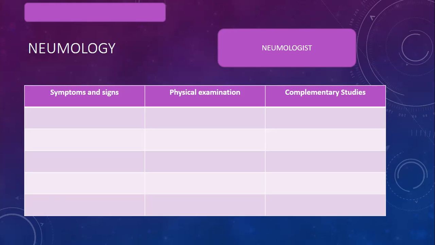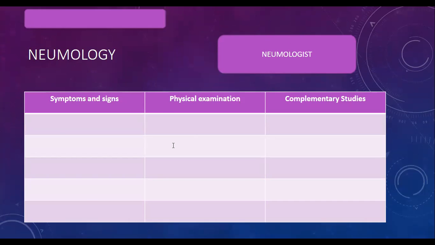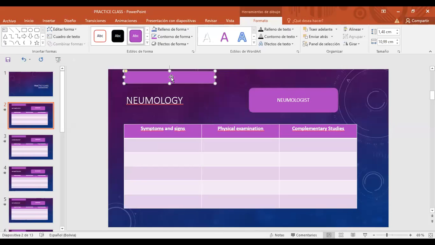Could you tell me a disease that you might know from the pneumology field? Tuberculosis. Okay, great. Tuberculosis. Okay, what could you tell me about it? Here we have a chart that would be useful for us. What symptoms and signs could we find in tuberculosis? Cough,